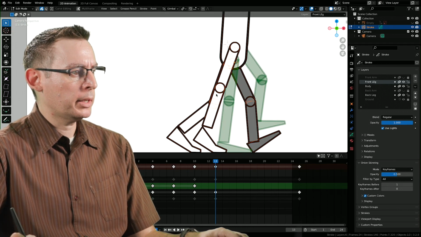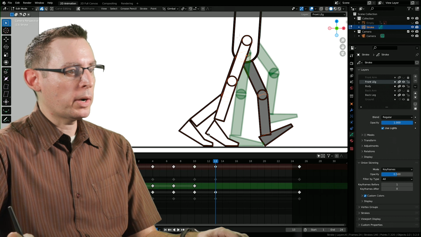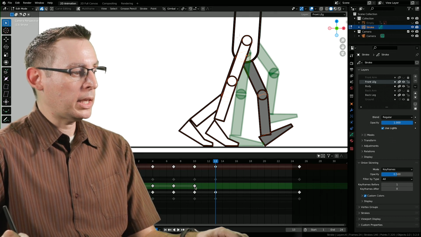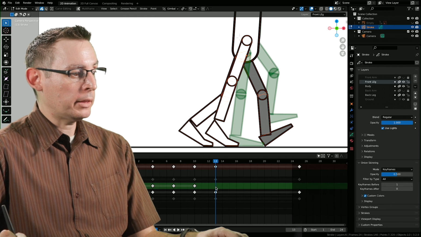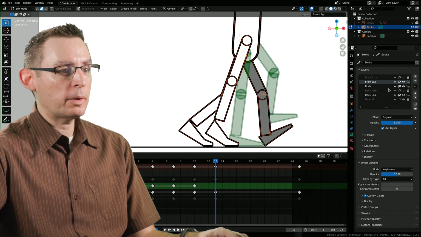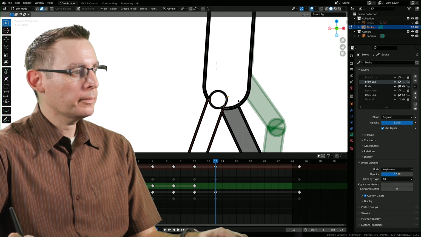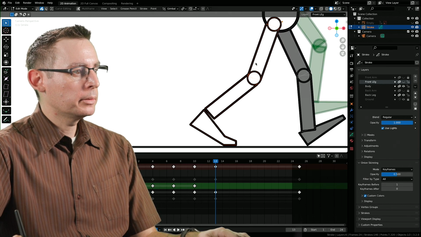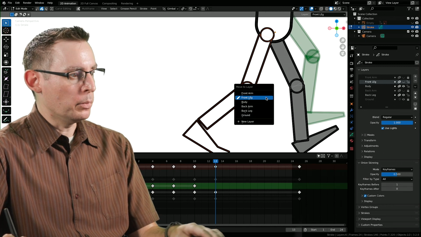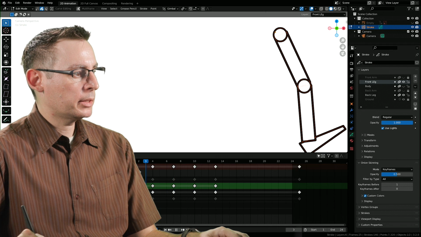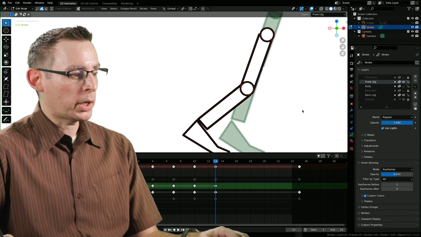Let's go back to body. Yeah, this is why you want to have the front leg layer off while you're moving things around, because it's holding the keyframe that's on frame 10 on that layer, because there's not a drawing on frame 13 yet, because I forgot to do this one. There we go. With all of them selected, let's move it to front leg. Yeah, there we go. This is why we test things. By having them isolated on its own layer, we can see very quickly if it's working or not.